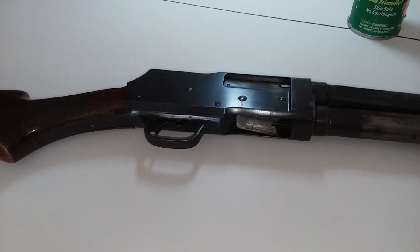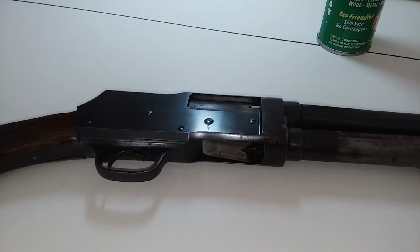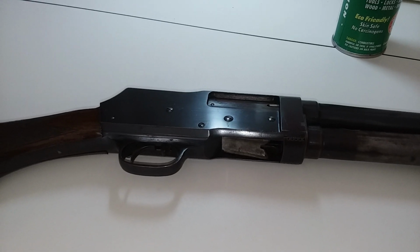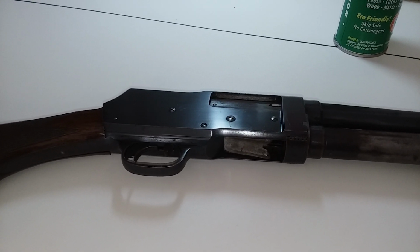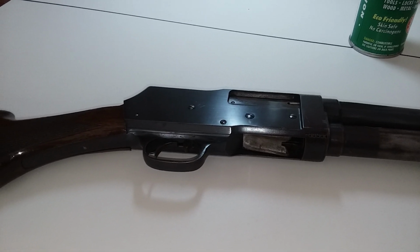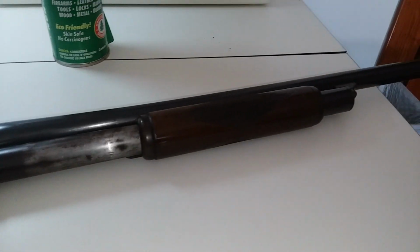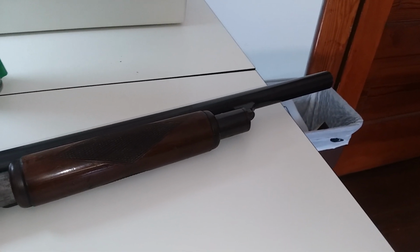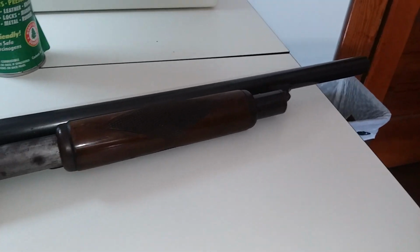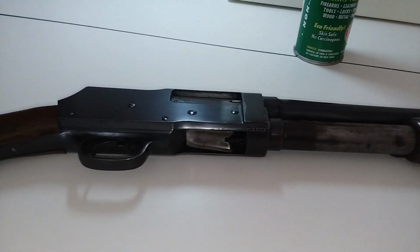And Tom asked the couple, "Well, what are you going to do with those shotguns?" And their response was something along the lines of, "That old junk, we're just going to take it down to the police station and get rid of it." Which Tom wisely said, "Well, I'll take it." And they gave those two shotguns to him for helping move. I just thought that was kind of a funny story that somebody would actually not see any value in